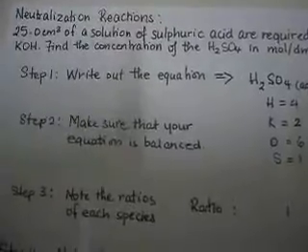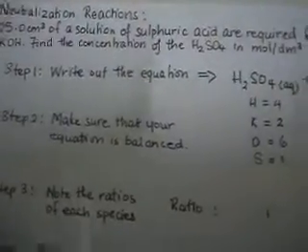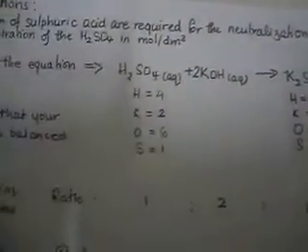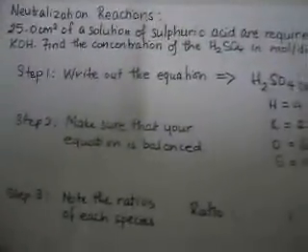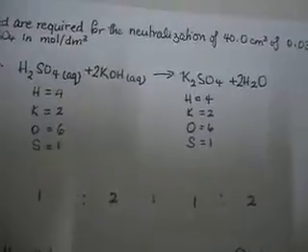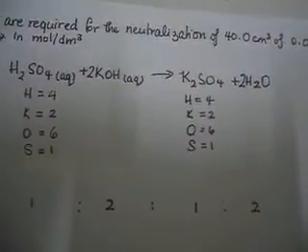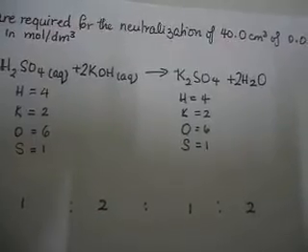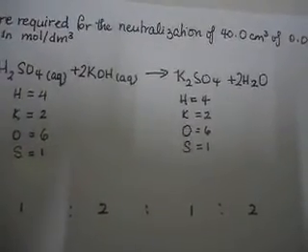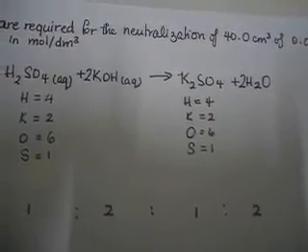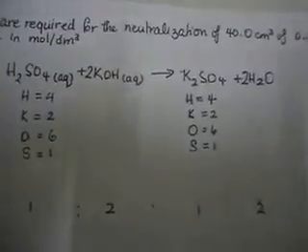So, step 1, you write out the equation. Just like in all my other videos, that's the first step you do. You write out your equation. And here we have sulfuric acid, aqueous solution, potassium hydroxide, aqueous solution, reacting together to produce potassium sulfate and 2